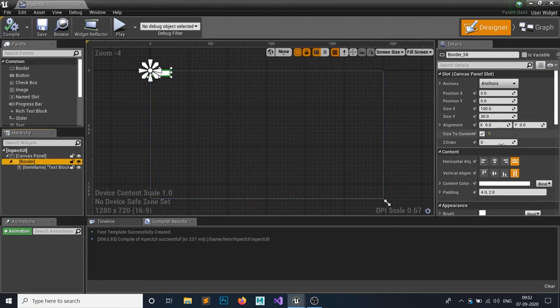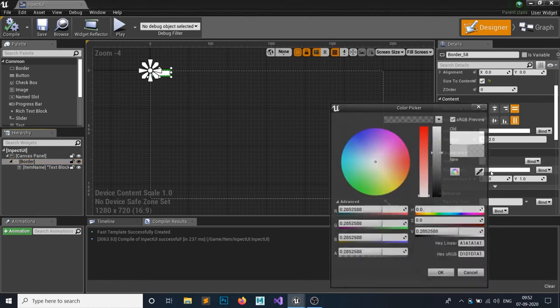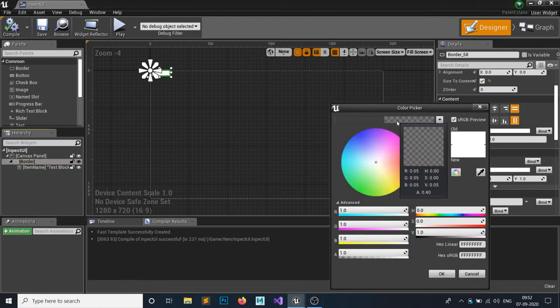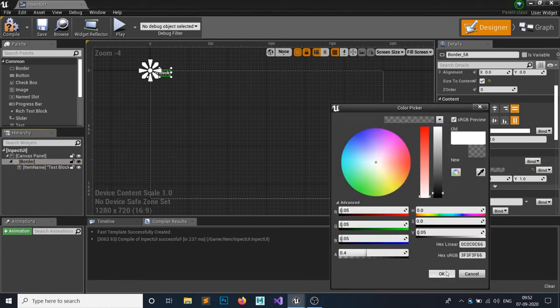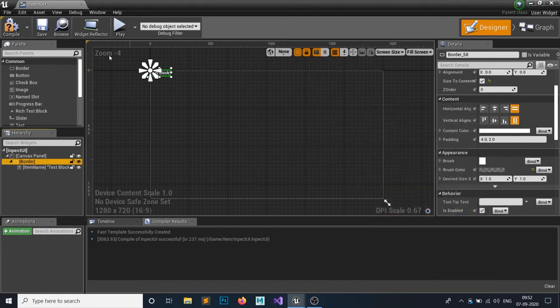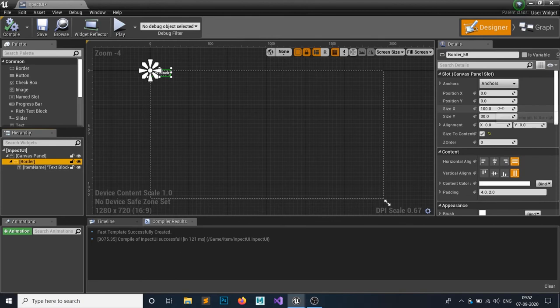Make this border brush color the brush colors. So we have made this color. Just click on it and it will be automatically attached. And make the transform, let's try something, 100. Yeah, 100 would work. And let's say 20. 20 is a bit small. Let's say 50. 50 would work fine.